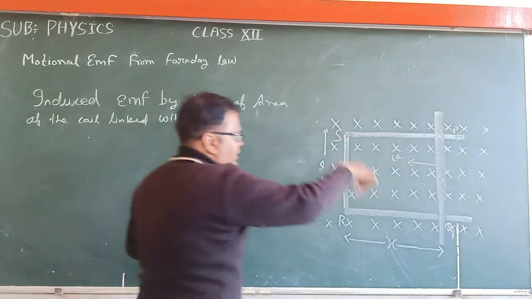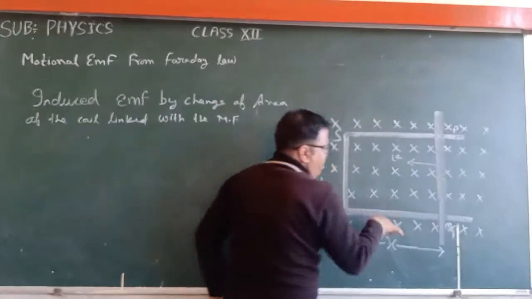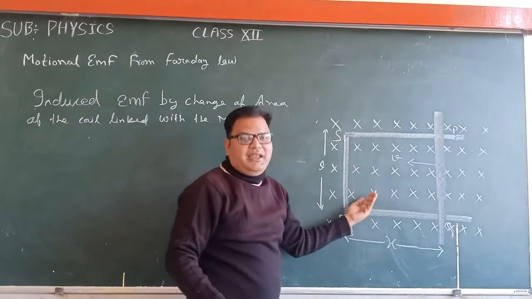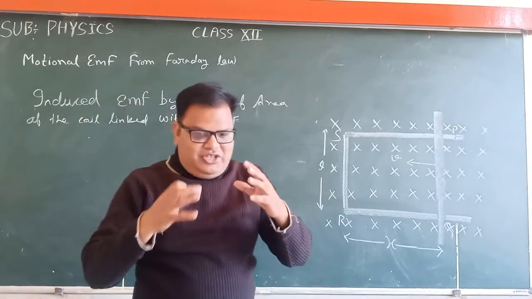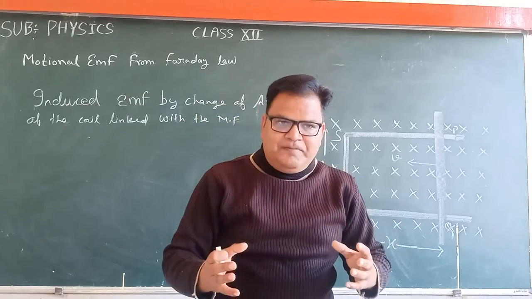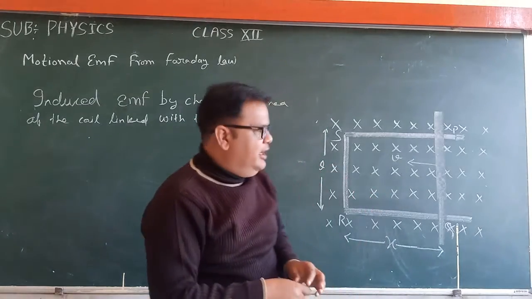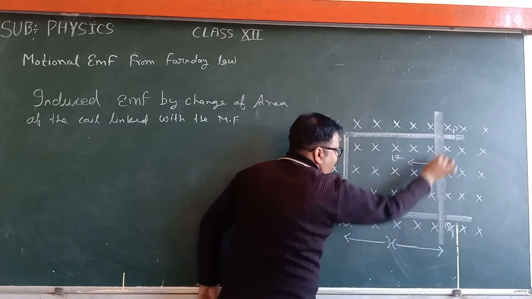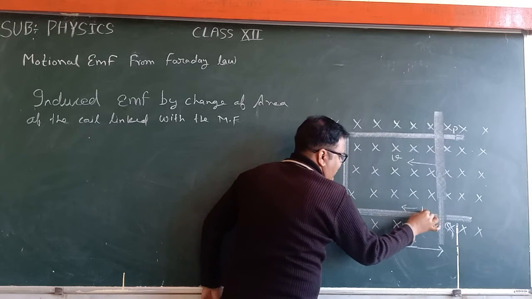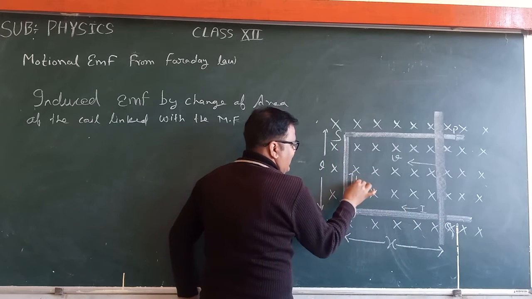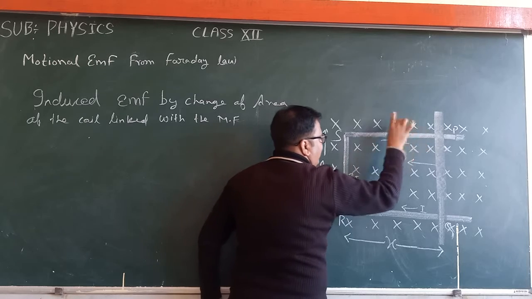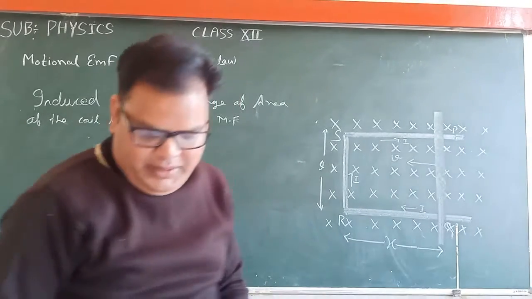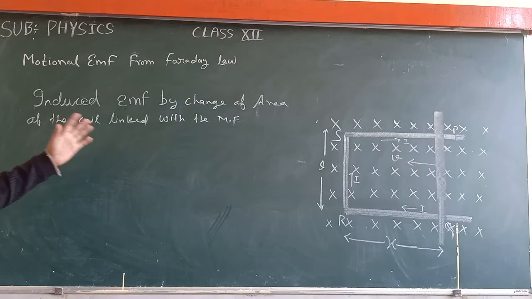This is the direction of current in the frame when we move PQ and change the magnetic flux. We know that whenever there is a change in flux, an EMF will be induced. The direction of current is from P to Q, and this is again I, the direction of current in the frame PQRS. Okay, student? I think you have got this point.